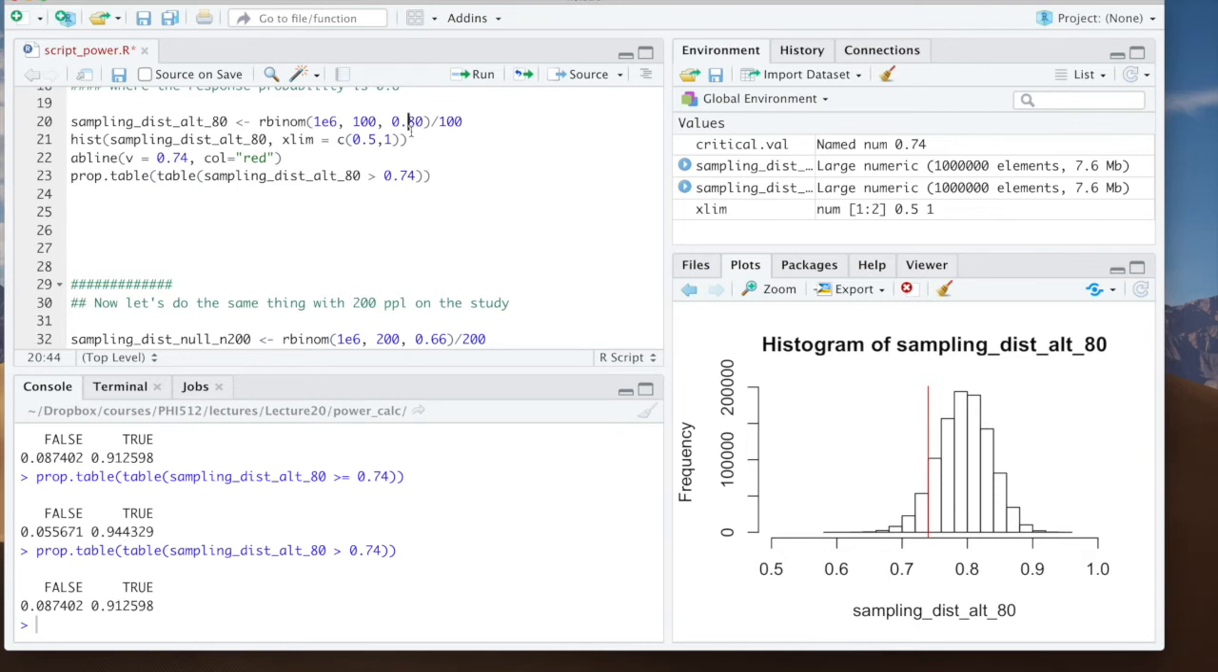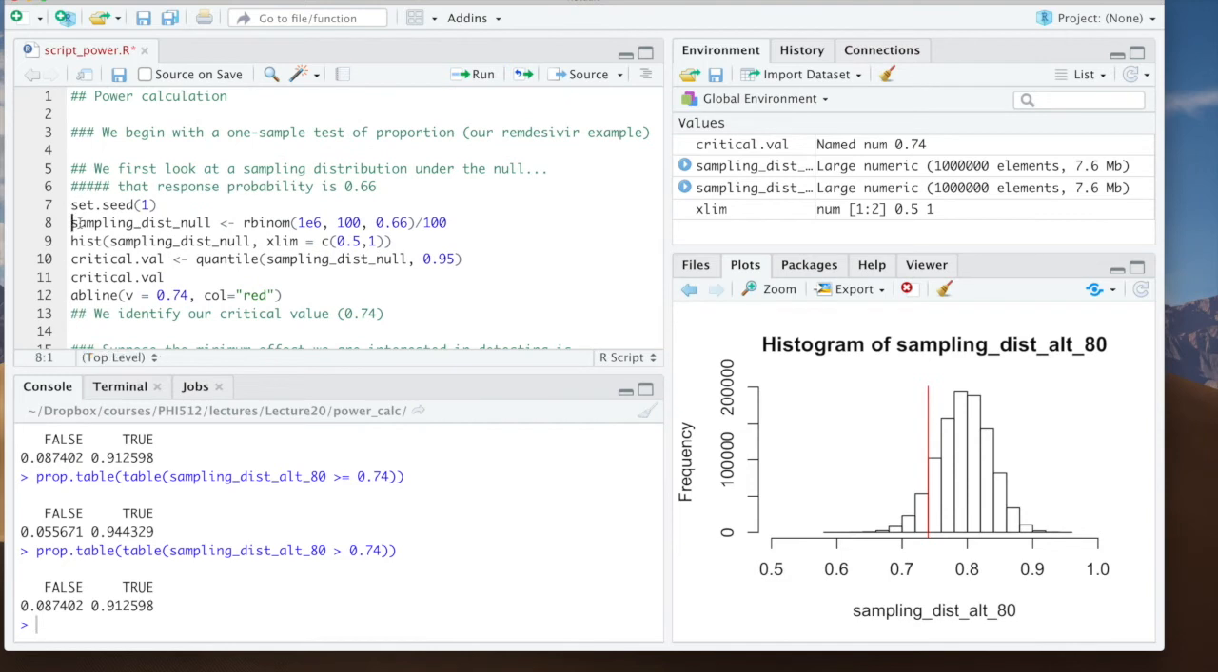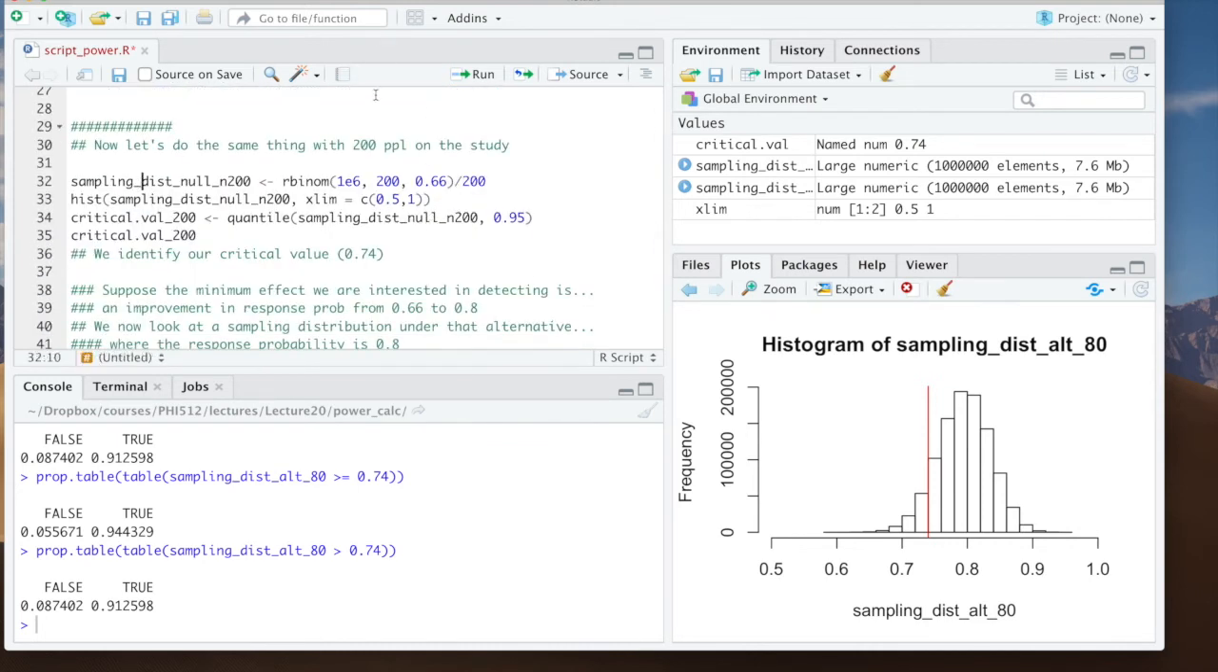Well, the first thing, when we have 200 people on our study, our critical value will change, right? So what do I mean by that? Well, let's re-engage with all pieces of this process. The first thing we did was, under the null hypothesis, when the response probability on remdesivir was 0.66, we wanted to see what likely or reasonable values for the proportion of responders on our study were. So by running these lines, as an aside, these lines strongly parallel the earlier ones, only I've changed 100 to 200. And I've changed the names of some variables so I don't overwrite things. So if I run these lines,